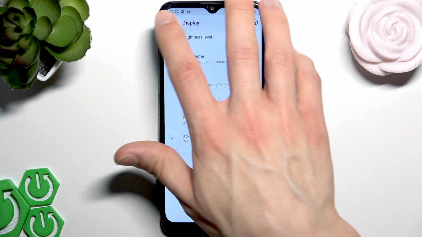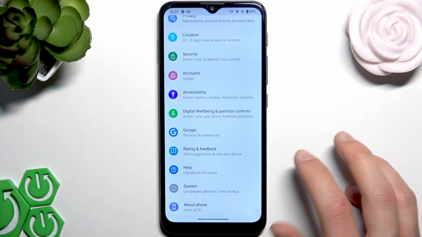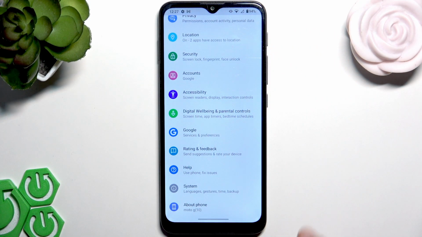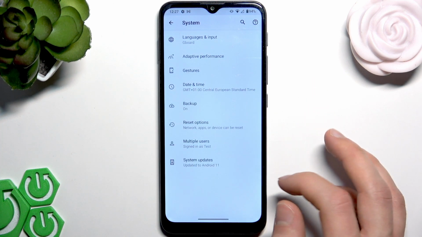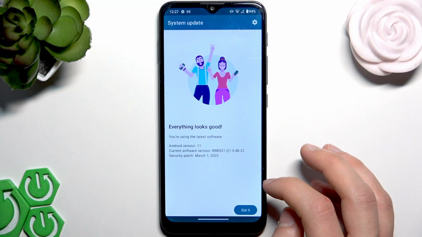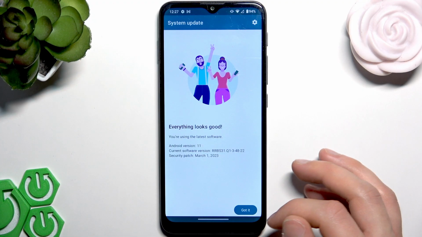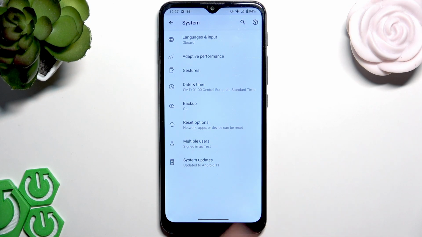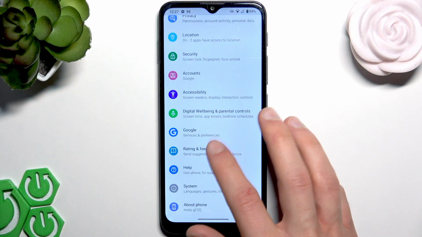If it's not helping you, then check for software updates. But to check for software updates, first of all, we're gonna have to make sure that we are connected to the Wi-Fi. Then go to System, select Advanced System Updates, let your device check for software updates, and if you do have an update, then let your smartphone install it, and then restart, and then see if the problem goes away after that. And if it doesn't, then we can